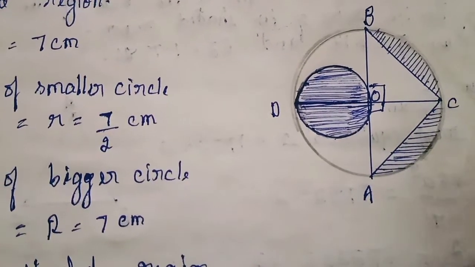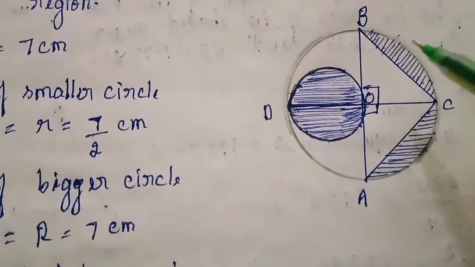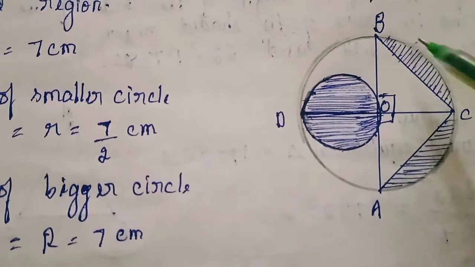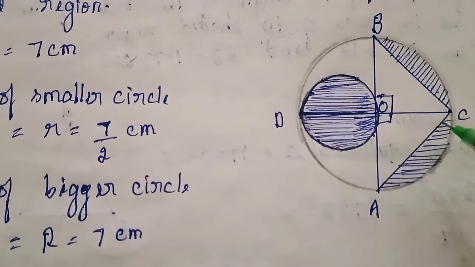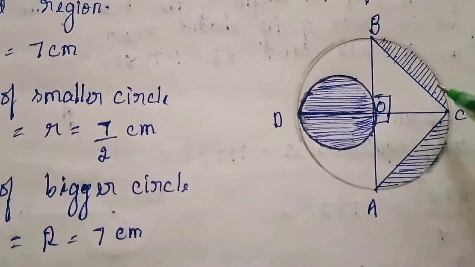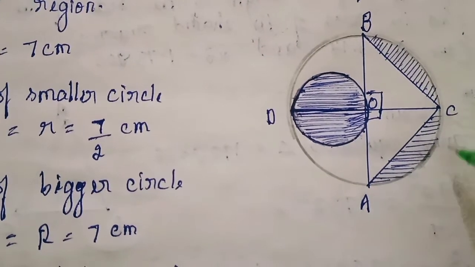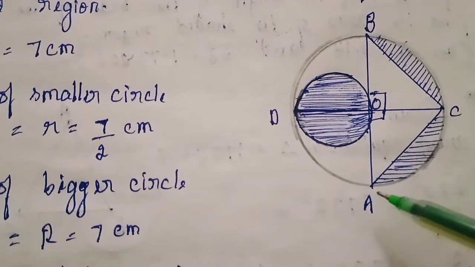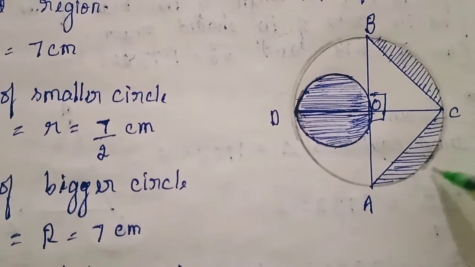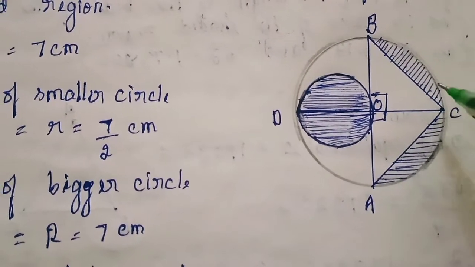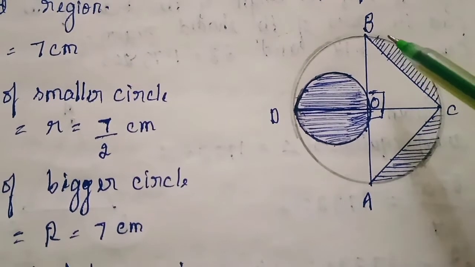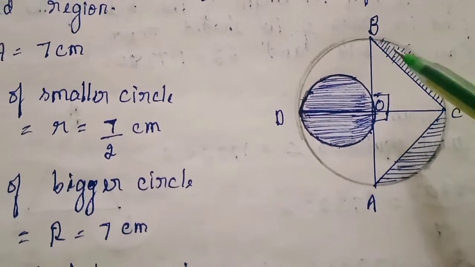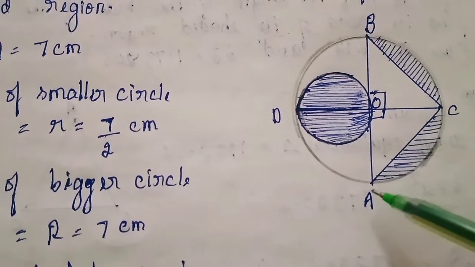So first look at this part of the semicircle. When you observe here, AB is the diameter. This diameter divides the big circle into two equal halves, that is two semicircles. So let us look at the right semicircle, this BCA semicircle. Now in this semicircle, I need the shaded part. So how to find the shaded part? You can observe, area of this semicircle minus area of this triangle.